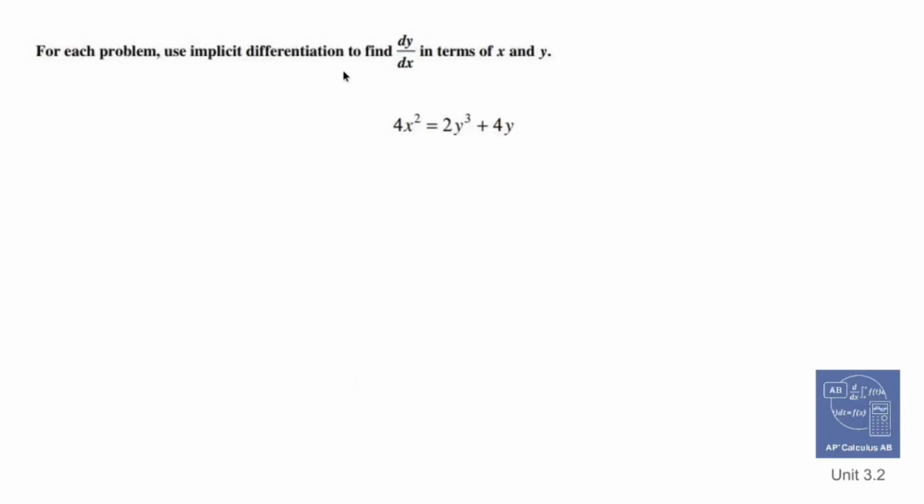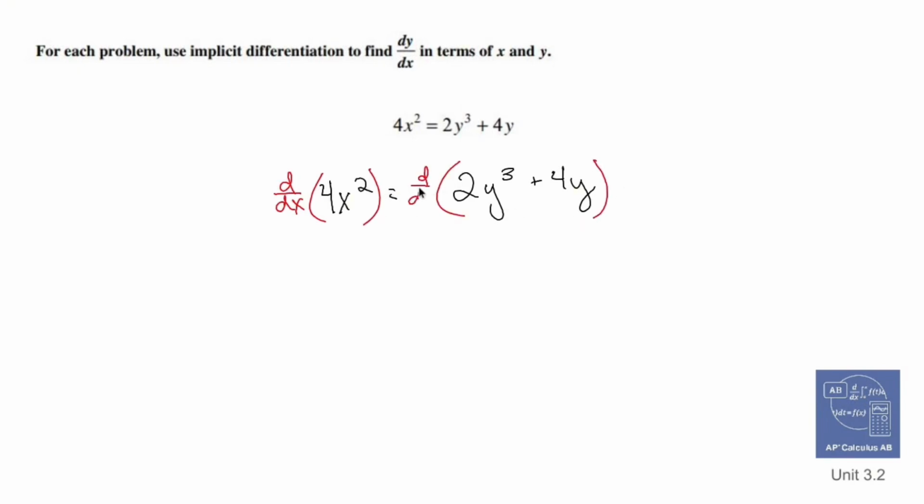Use implicit differentiation to find dy/dx in terms of y and x. When you're using implicit differentiation, let me rewrite this out and give myself a little bit more space. Okay, step one with implicit differentiation is you take the derivative with respect to x of both sides. So you d/dx both sides,